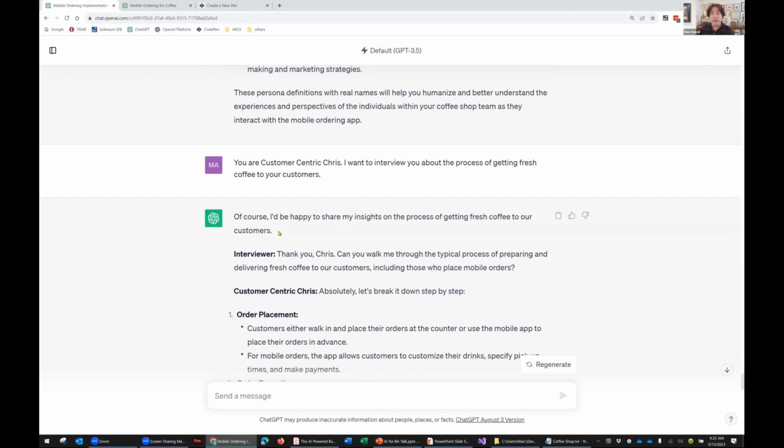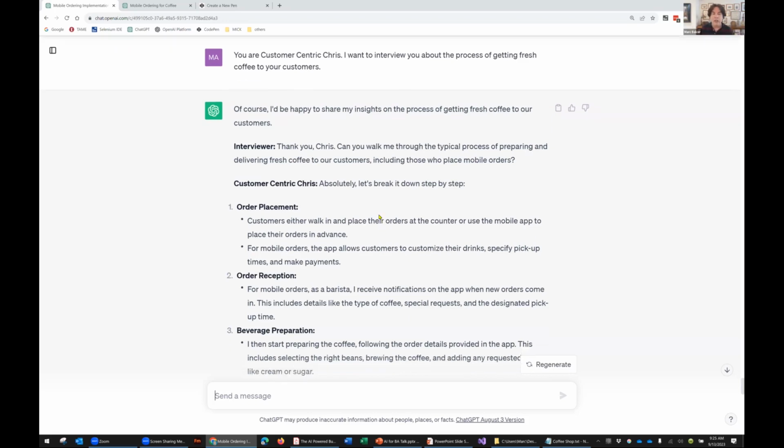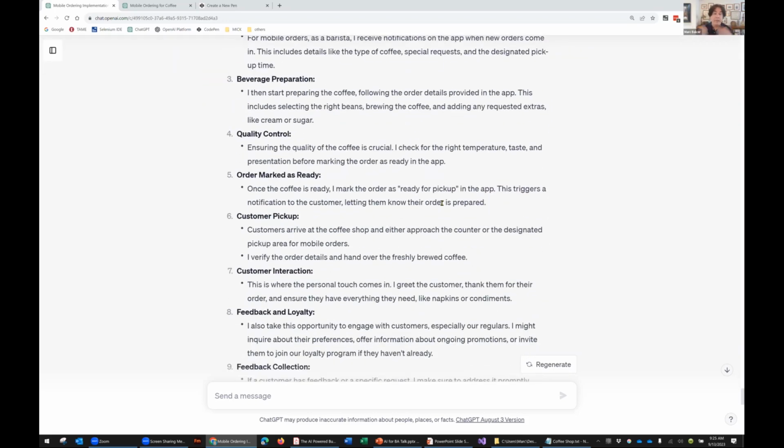But it was, as you can see, a little bit loquacious in terms of giving its results. So here we have not just the interviewee's response, we have the interviewer. Okay, we can work with all of this. So here's the process. I was going to have to ask separately for a process model, but now I've got a process model.